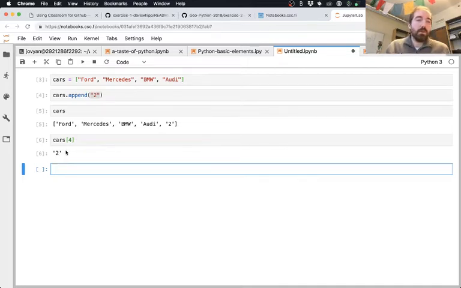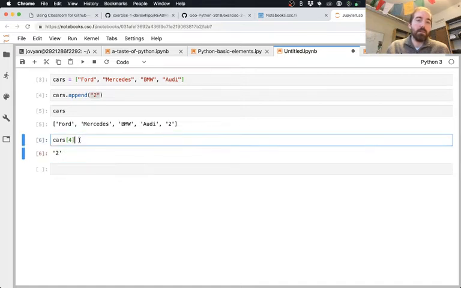So that's our cars 4, and when we just run the cell, it says, okay, yep, there's our number 2. Now, what you can do is say cars 4 equals the integer of cars 4. What this is going to do is take the value that's here in cars 4. It's a number value, so it can do this conversion. It's going to convert it to an integer using this int function, and it's going to store its value in the place where we had the string number 2 in quotation marks before.